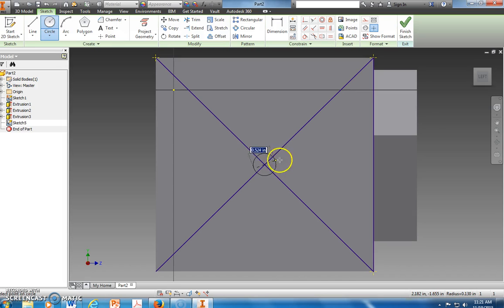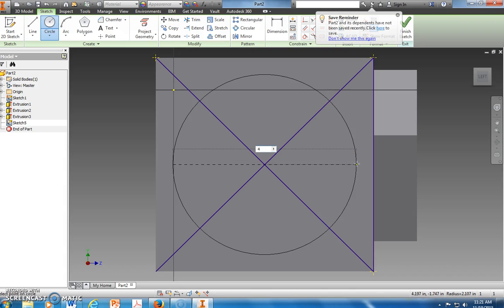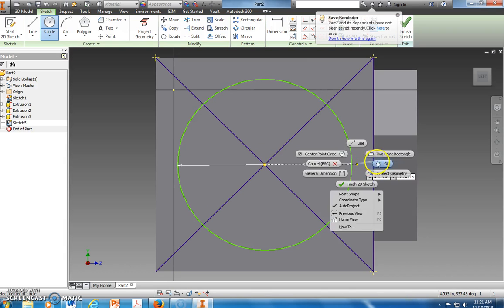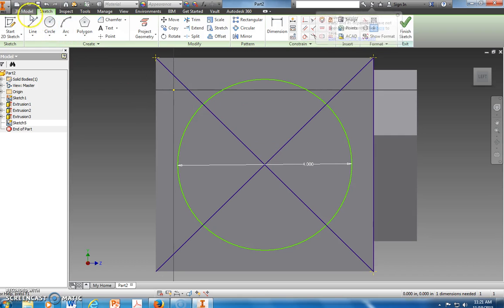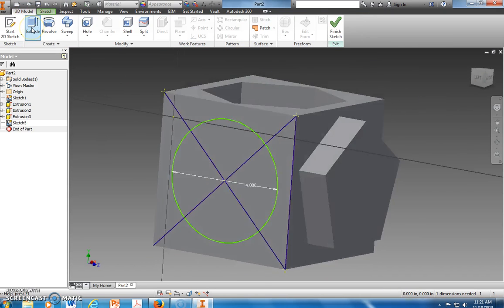Click, slide my mouse outward, and I'm going to type in 4 and hit enter. There's my 4-inch diameter circle. Go up to 3D model, extrude,